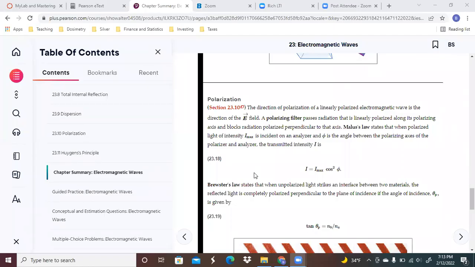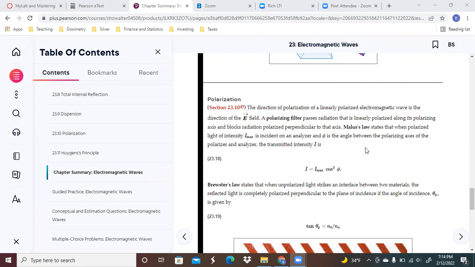This is going to be over section 23.10. We're going to be looking at polarization. The direction of polarization of a linearly polarized electromagnetic wave is the direction of the electric field. A polarizing filter passes radiation that is linearly polarized along its polarizing axis and blocks radiation polarized perpendicular to